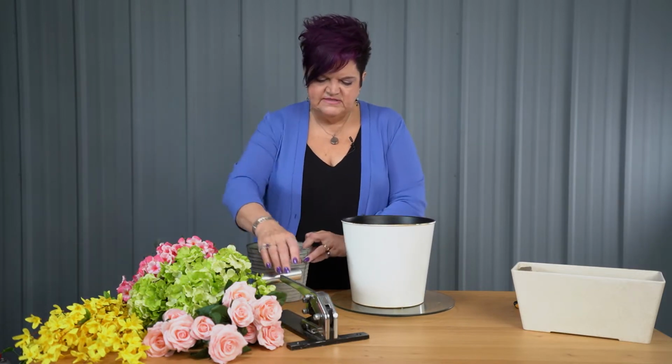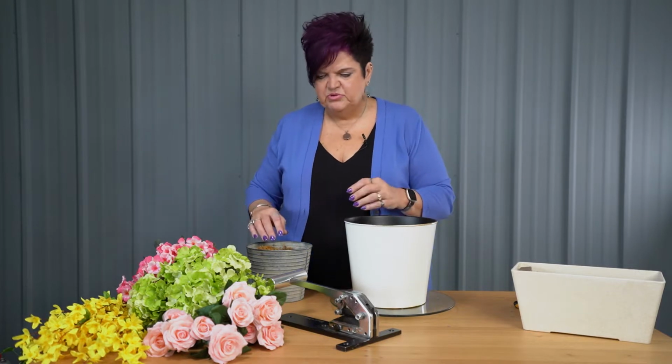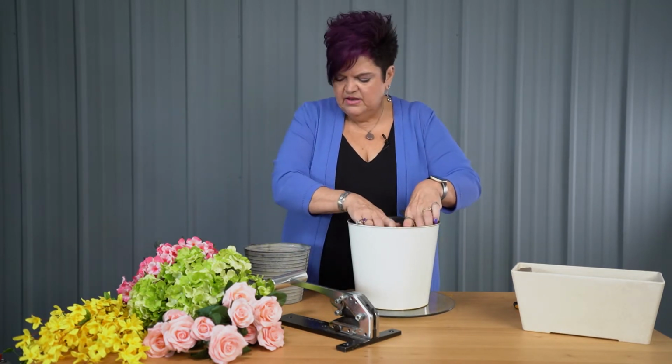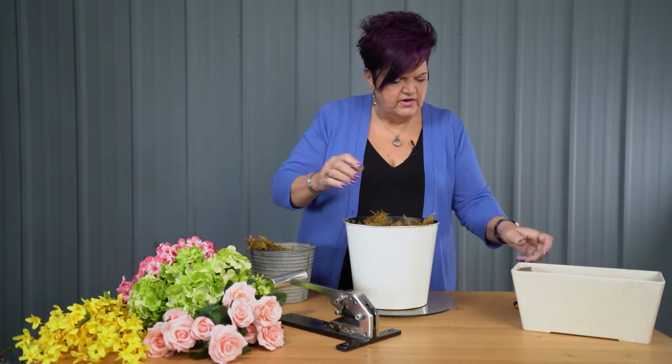We have some moss. I've got the tabletop silk stem cutter, and that's what I'm going to use to be able to cut down some of these bushes. I want to use the bushes on their main stem as it's going to be the fastest for me. And so we're just going to come in, and you can add just a layer of moss in here,